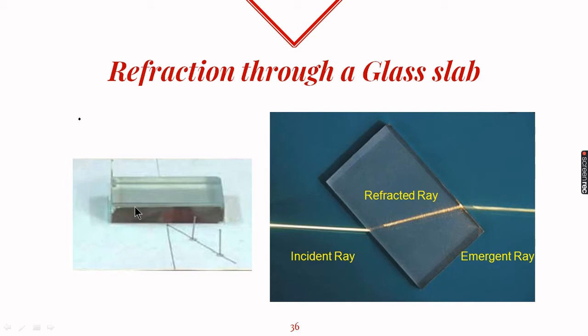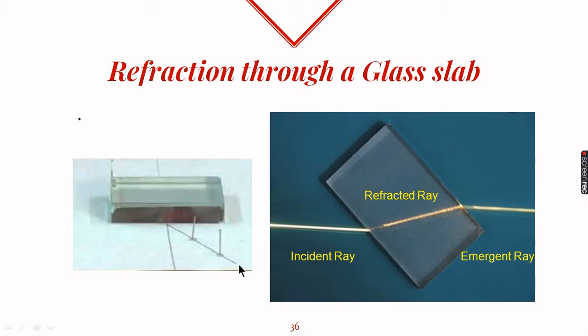It is a rectangular piece of glass which is thicker. Now if we pass light from one side of the glass so that it passes through the glass and then comes out from the other end, we can see that here refraction occurs two times. First, light from air enters into glass, rarer to denser medium, so it will bend towards the normal. Then from glass it comes out again into air, now from denser into rarer medium, and it bends away from